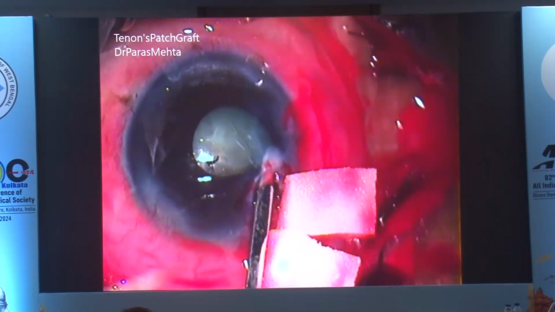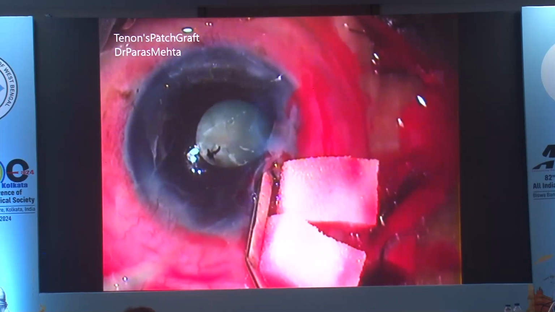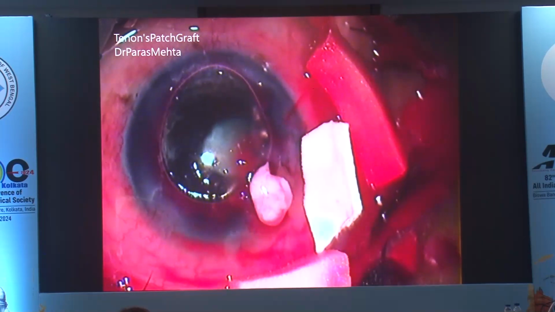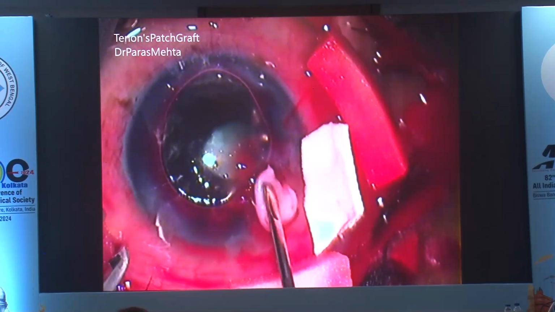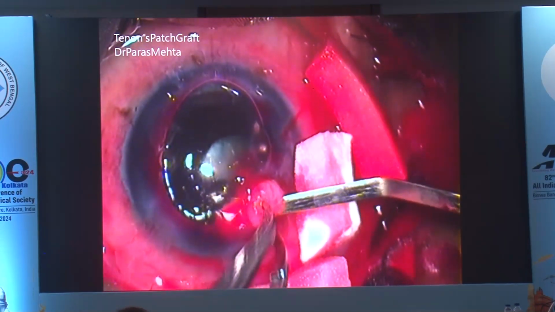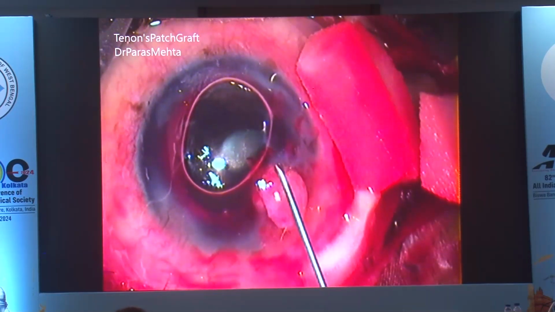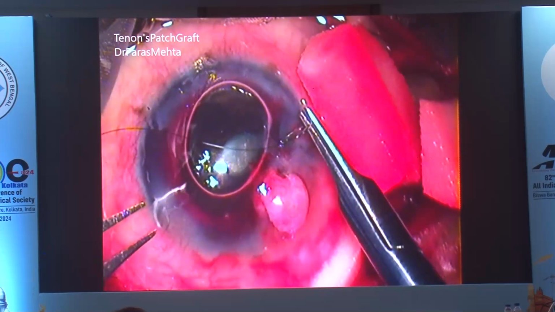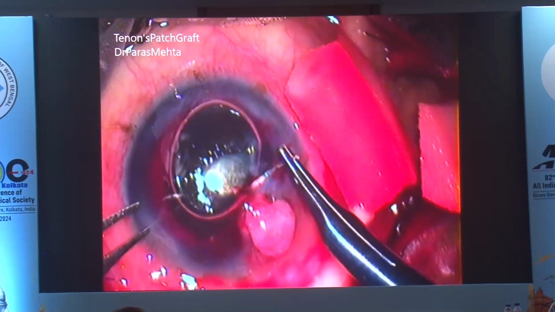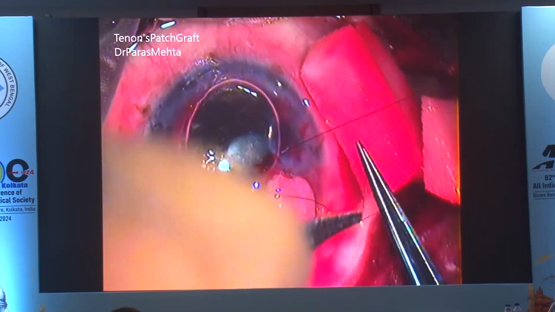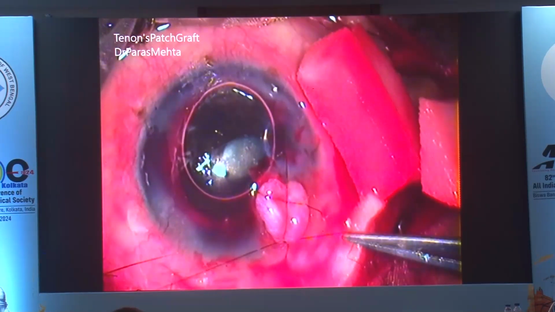Because this perforation was sitting there for a little longer, there was a bit of pseudocornea, which I have removed, that epithelium. I have separated the synechiae with the help of an iris spatula, and I am trying to stuff the tenons tissue into the perforation. Then I have applied both the components of fibrin glue so that the tenons tissue remains bound together, and these